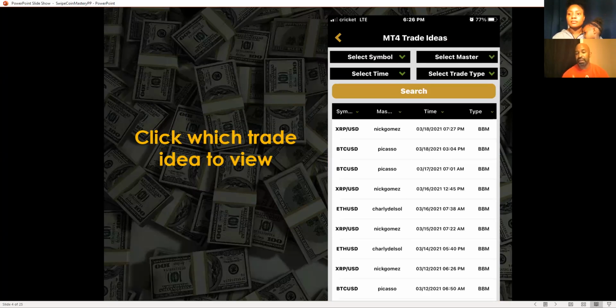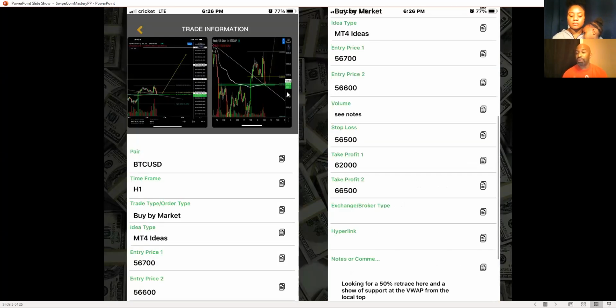So the one that you're looking at, the first one that you see, is going to be the first one that's up. When you see that, or you can click on any trade idea that you want to, for that matter, and then you can do your due diligence on how to analyze that trade idea. But let's just say you pick the first one at the top, because that's the one that came across your trade idea app, and you'll see once you pull it up,